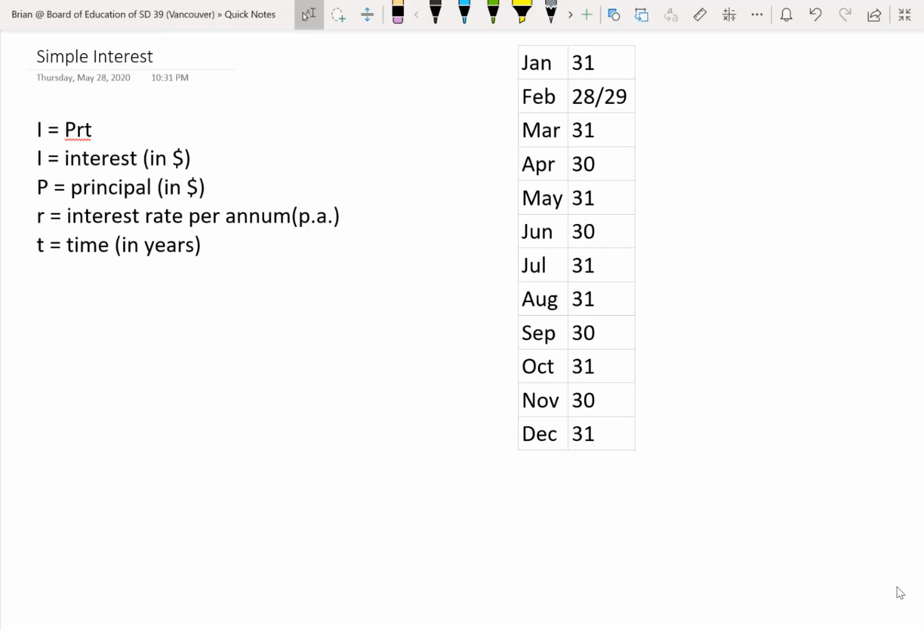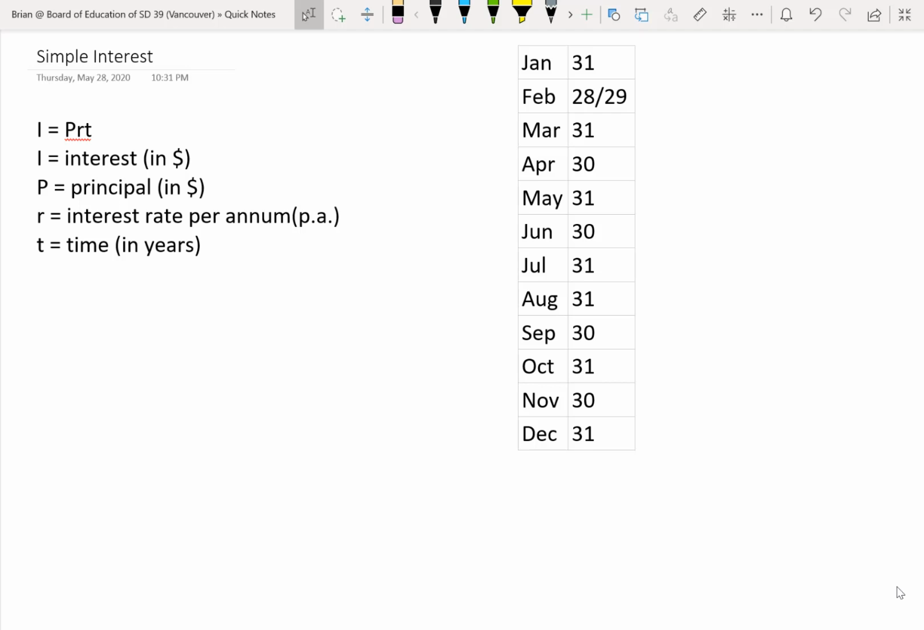Okay, so let's take a look at the formula that governs simple interest. The formula is I, that's a capital I, equals PRT, and the P is also capital. So what does the I stand for? The I stands for the actual interest that you earn, and that's in dollars. The P stands for the principal. It's also in dollars. The principal is how much money you invest or how much money you put into an